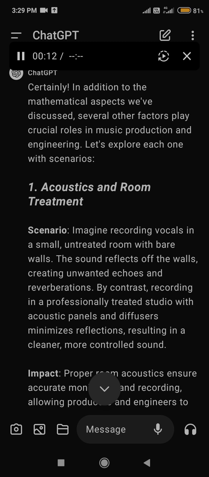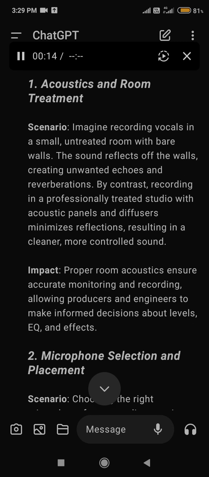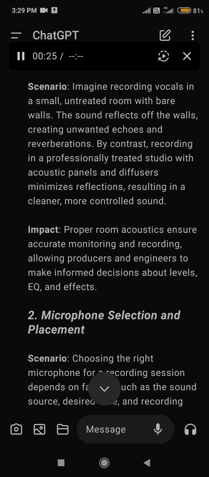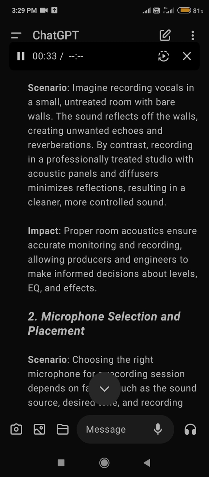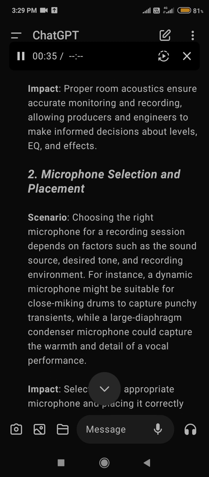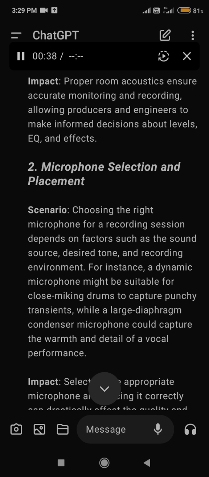1. Acoustics and room treatment. Imagine recording vocals in a small, untreated room with bare walls. The sound reflects off the walls, creating unwanted echoes and reverberations. By contrast, recording in a professionally treated studio with acoustic panels and diffusers minimizes reflections, resulting in a cleaner, more controlled sound. Impact. Proper room acoustics ensure accurate monitoring and recording, allowing producers and engineers to make informed decisions about